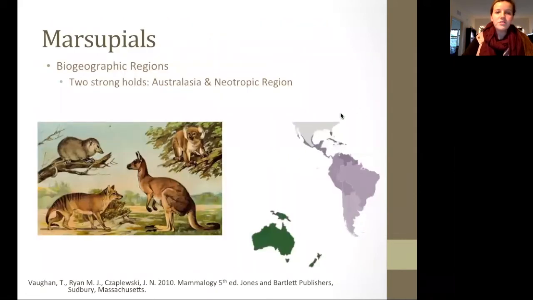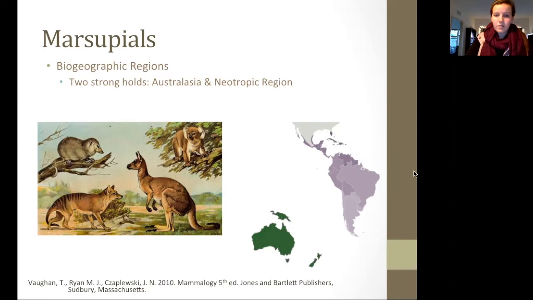Okay, so their biogeographical regions. Of course, they have two strongholds, and these two strongholds were Australasia and the Neotropic region. So you can see those listed here. Really, they had this very independent history, like we have said before. Because of this, they were isolated from eutherians and had a great success in a high radiation. The eutherians were much more adapted and well suited, but these marsupials did have this isolation, which